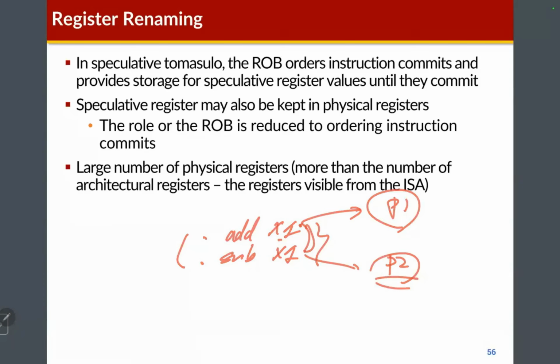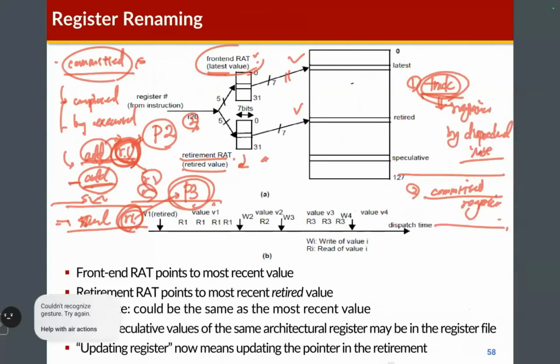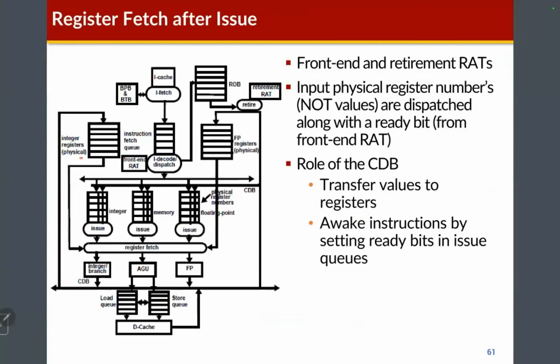There is a larger set of physical registers, and a smaller set of architectural registers. The architectural registers are like virtual registers, and there is a larger physical register file. So an architectural register can be mapped to different places in the physical register file. This is register renaming. So with register renaming, there is some